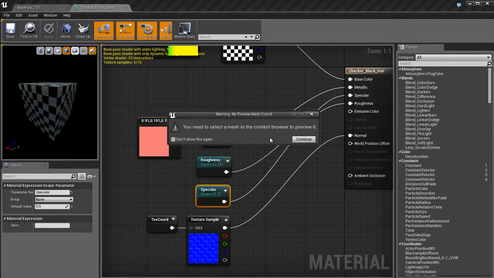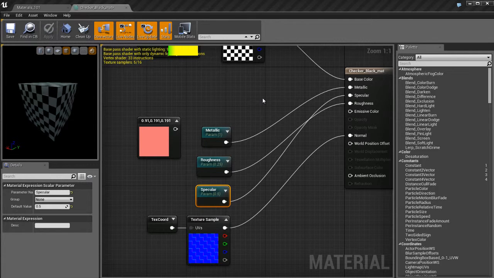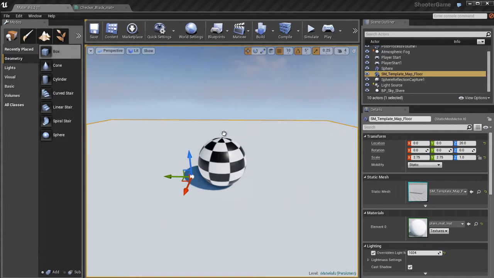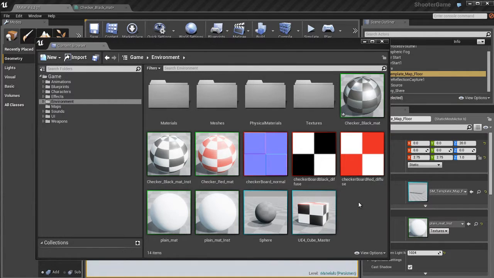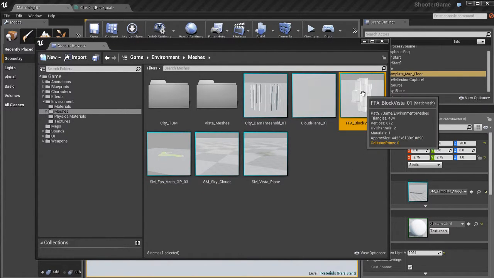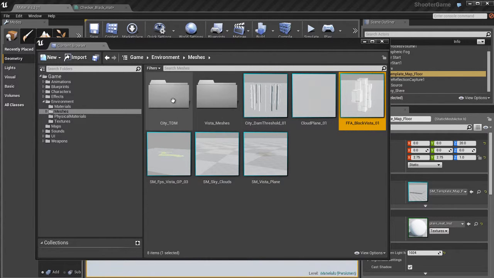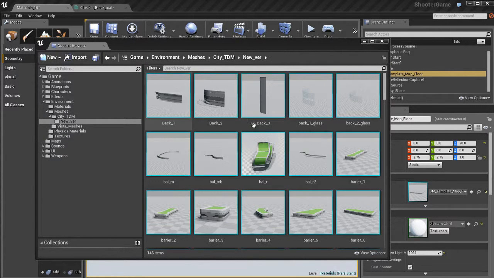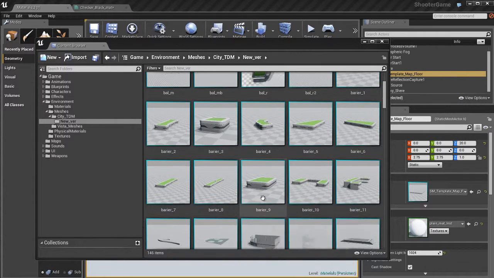We also have this little teapot icon. If I click on it, Unreal is going to say, hey, you don't have anything selected. I'm not sure what you're trying to do. So what Unreal wants us to do, it wants us to go into the content browser, select the static mesh, highlight it, and then we can plug it into the preview window. So I'm just going to dig in here. I'm in the shooter game example from Epic